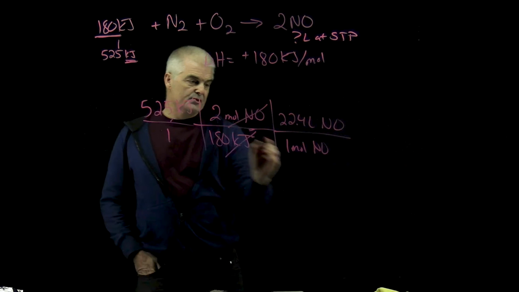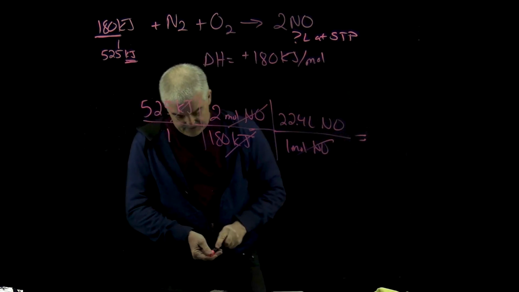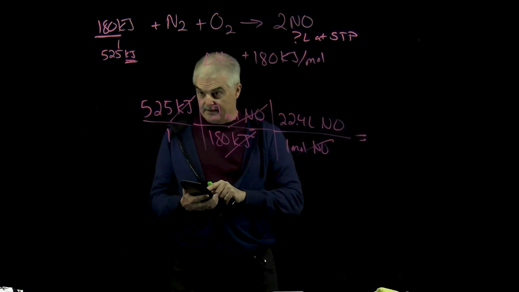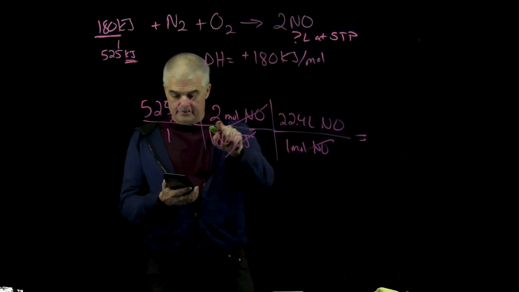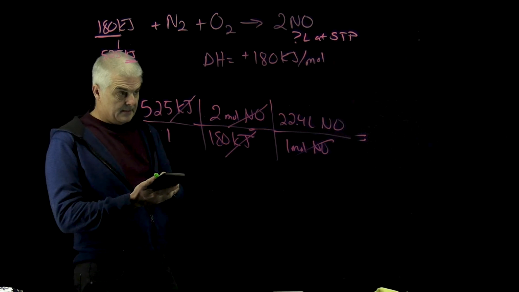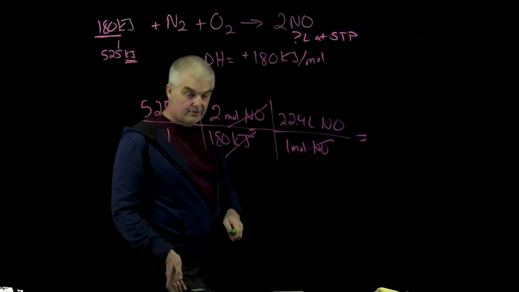The moles of NO cancel, and I just get my calculator out. I'm going to take 525 times 2, divided by 180, times 22.4, which gives me 131